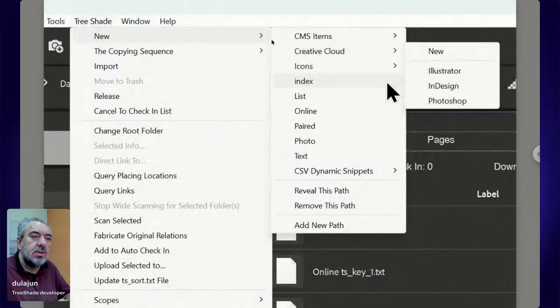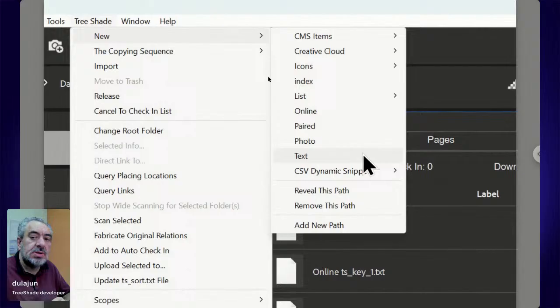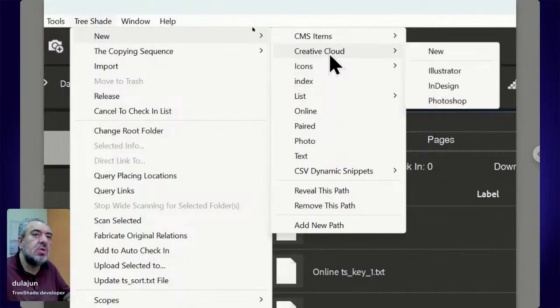These commands actually represent files installed with the software TreeShade, and you can reveal the folder here and edit it. After editing, you need to restart Adobe Bridge. If you click on any of these template files, the file will be duplicated in the current folder, and here you have